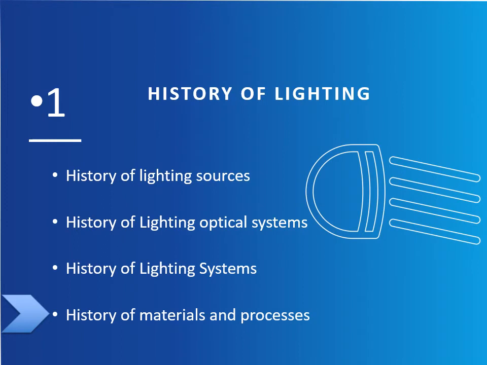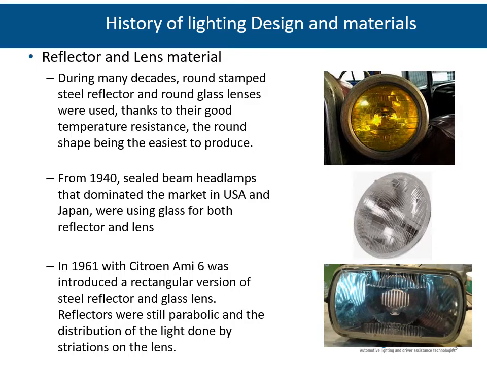We shall see now the history of materials and processes used for lighting. For a long time, reflectors were made of steel, and we were using a glass lens. The interest of steel and glass was their temperature resistance, because at the time we were using tungsten and then halogen systems, and the round shape was the easiest to produce. In 1940, steel beams were dominating in America, particularly in Japan, using glass, as we have seen previously, both for reflector and lenses. In 1961, due to